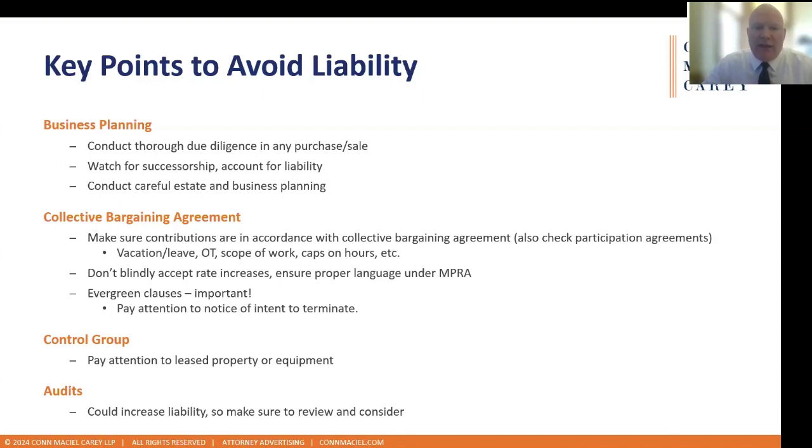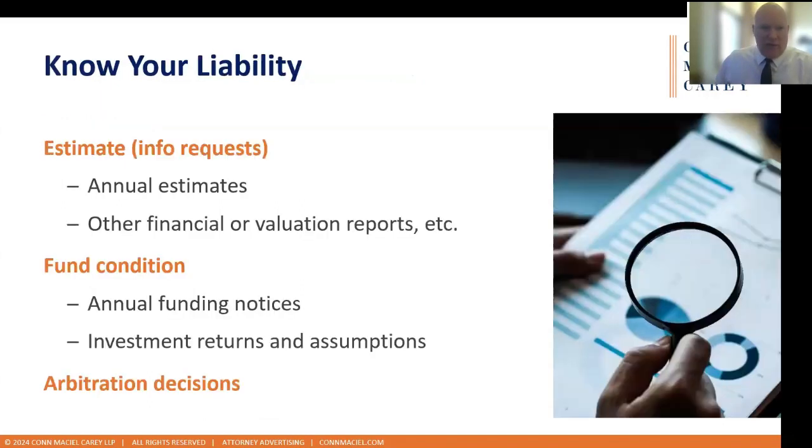And then pay attention to these audits because, again, if you're making contributions that are not in accordance with the collective bargaining agreement, oftentimes the pension fund is not going to point that out, or they're going to feel otherwise. They're going to feel that you do owe those contributions. So when they come to audit, make sure that they're looking at the right things and that you're paying attention to what they're looking at and the determinations that they're making. Because if they hold you responsible for greater contributions, that's probably going to come back and bite you if you ever were to withdraw, because that will increase your withdrawal liability as well.